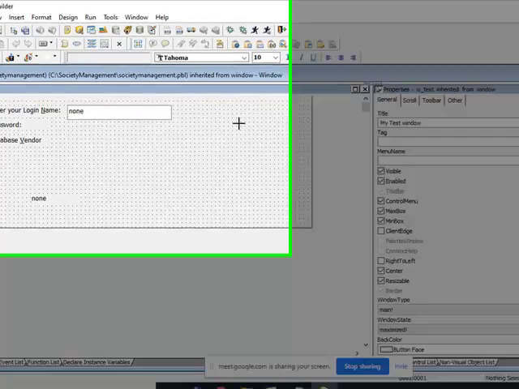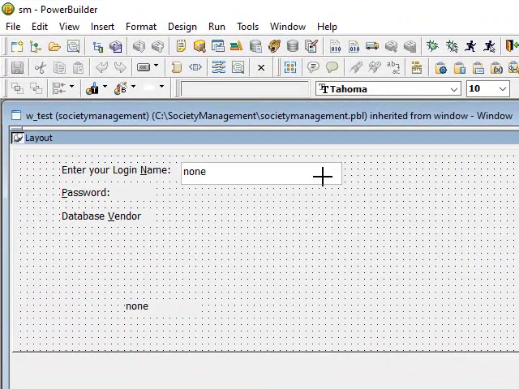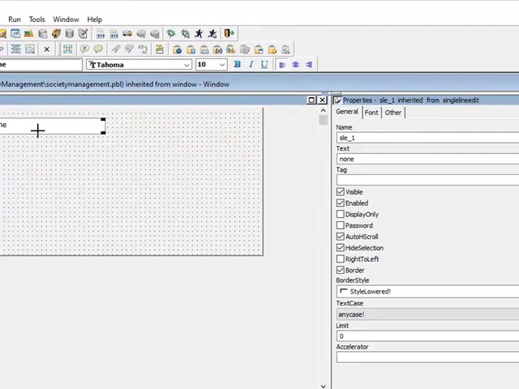The window was one of the objects. This is also an object, this is also an object, and this is also an object. Basically these are controls, but controls are also objects. Whatever the object, every object has properties, events, and functions.